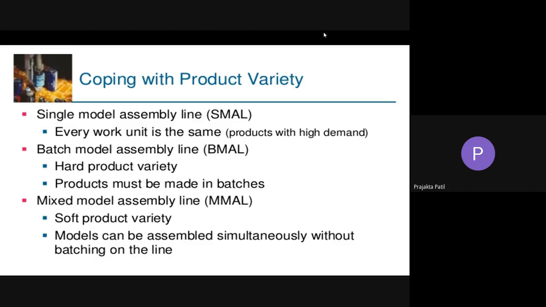So single model is used whenever you have a high product demand, and when it's medium, then you can go for this batch model. It is generally more economical to use one assembly line to produce several products in batches than to build several lines for different models. So instead of having a number of lines for every model, it's better to have just one line which can accommodate the changes that will be made to it in order to accommodate a different model of that product.